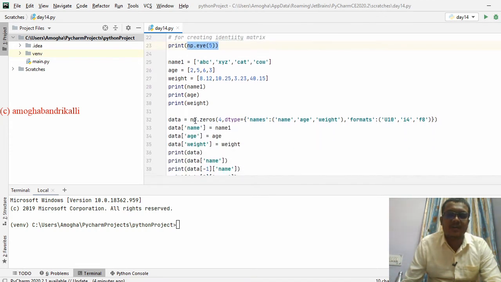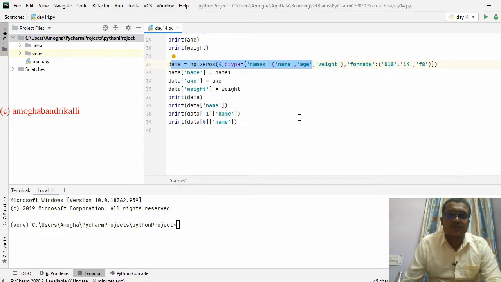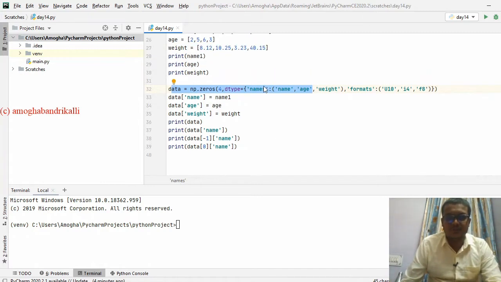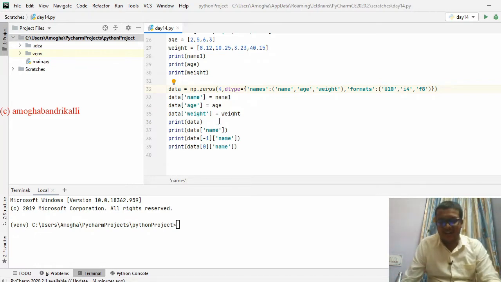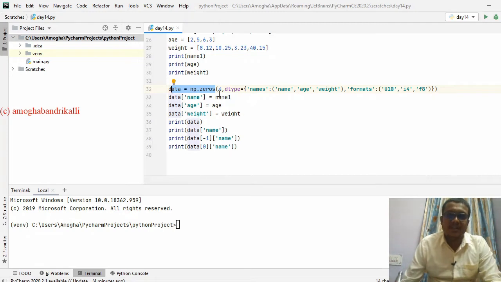You can create a complex data set, like creating a data set with structured information. If you are giving the name of a person, it is going to give age and weight along with the name. So the structured data is going to be generated by using this